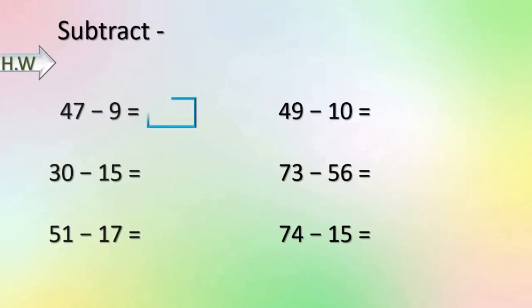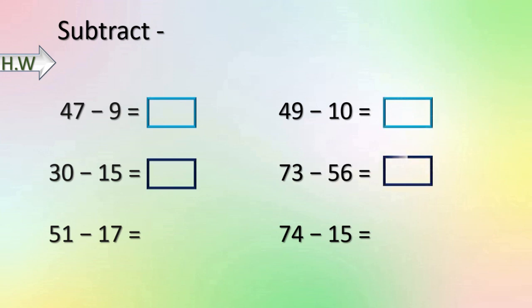Now, dear children, this is homework for you. You can write this in vertical position or you can carry out in horizontal position. Here also what you will do, you will untie 10 or you borrow 10 from the tens column. Then you will go for subtraction and then you will get a proper answer. Some more sums are there in your textbook. Please try to carry out